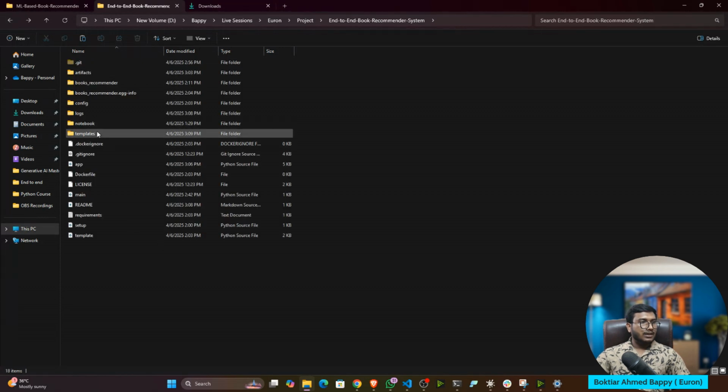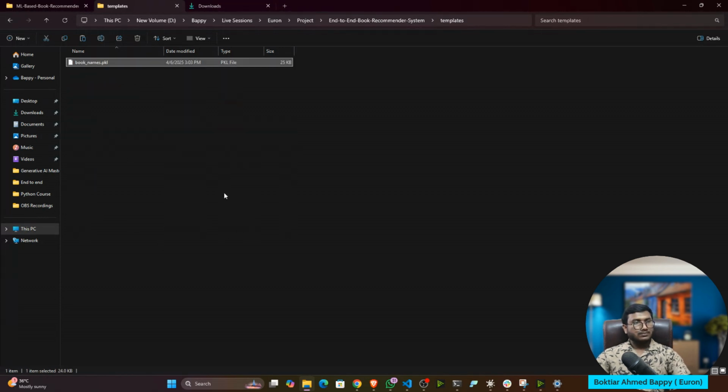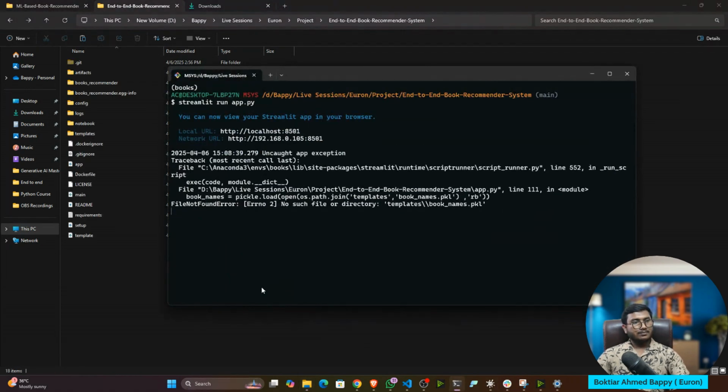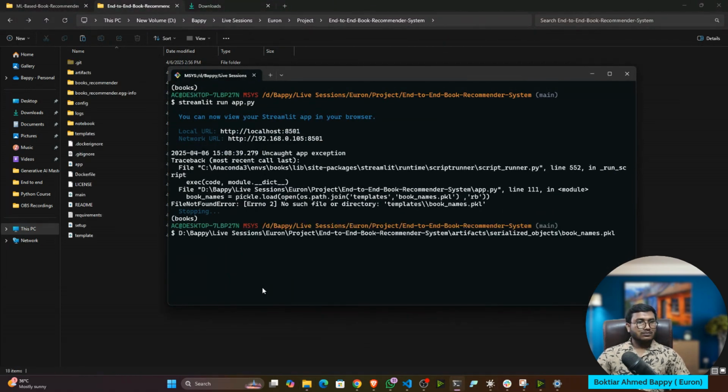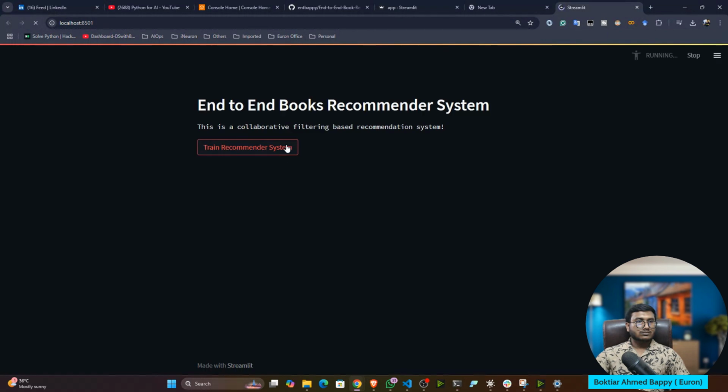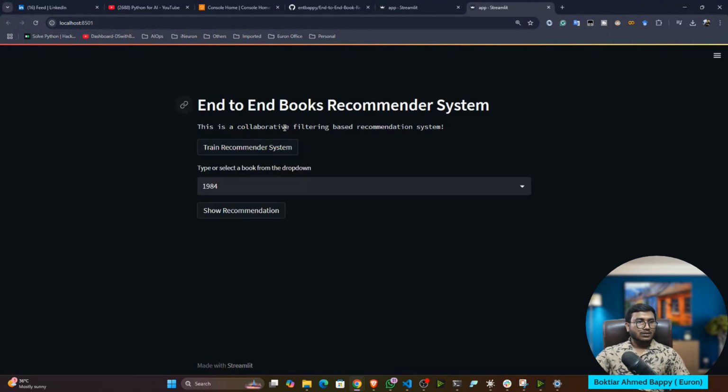That's why I'll keep it inside the template folder. Now let me re-execute my app. Now see, your application is showing.